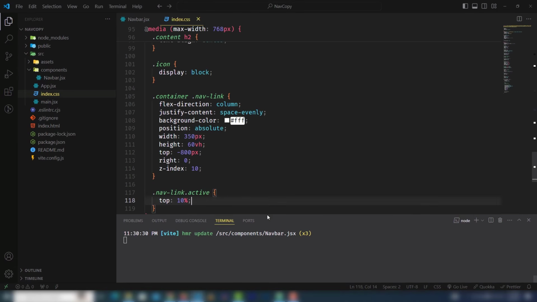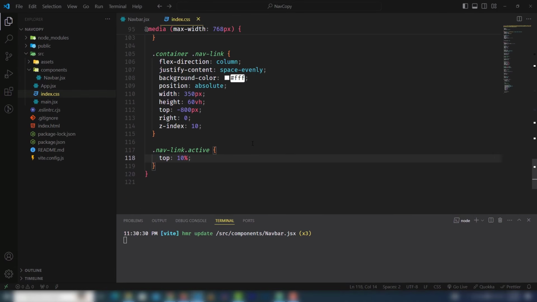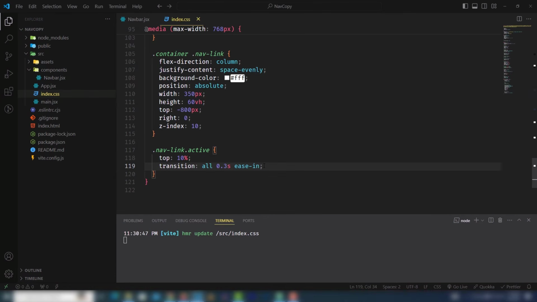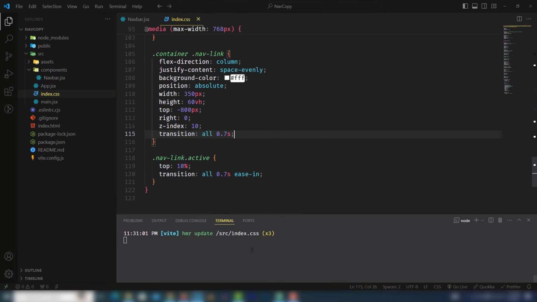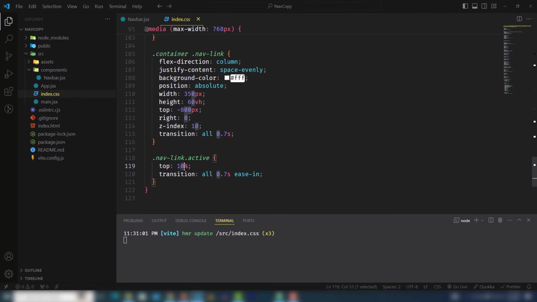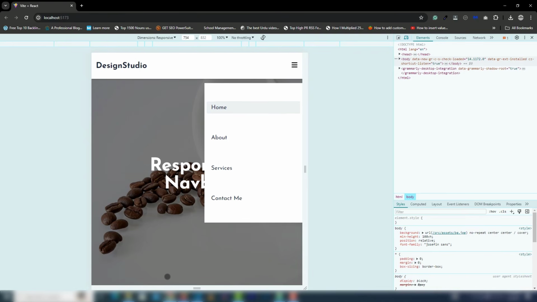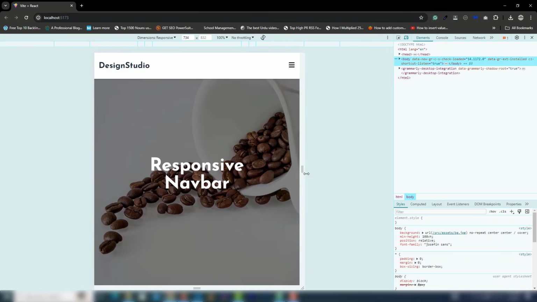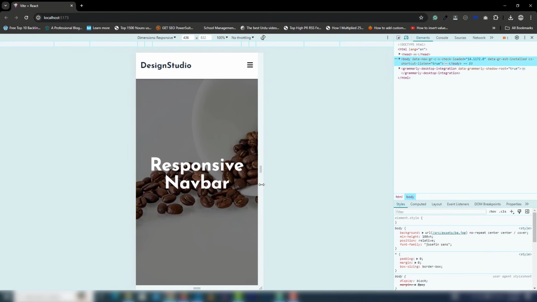The last thing I'm going to add is the transition, right? So when it moves down to 0%. Look at that, guys. But also I'll use transition 7% and this one, right? But also I will move it down a little bit. So yeah, great guys. So a very simple way you can use simple state to create a responsive navbar,